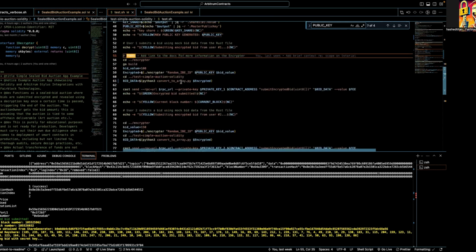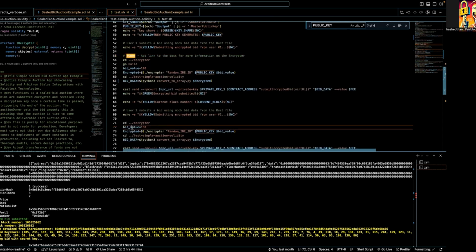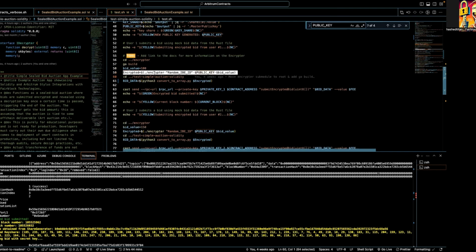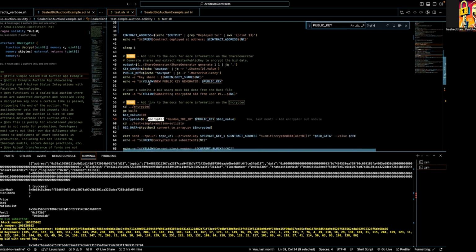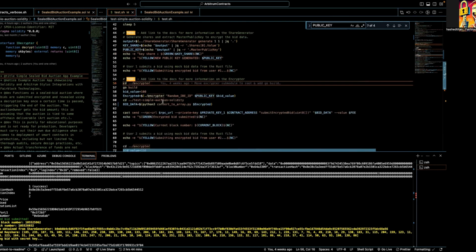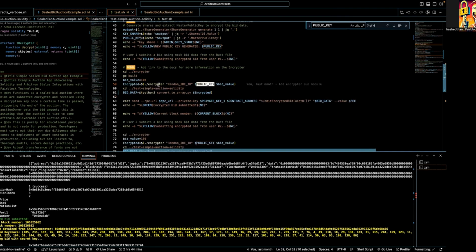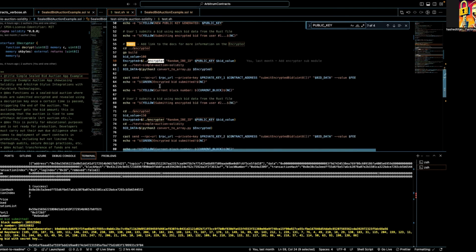Cool. So then from there, you can see bid values of 100 and 150. These are two separate bids. The encrypted transaction is prepared using the encryptor tool. And I forgot to mention that the encryptor tool, as well as the share generator, are all integrated with Fairyring. So it's not too far off on the transaction flow, but it is still off. You wouldn't just be pulling these random variables out of the encryptor tool or whatever. You'd be using Fairyport and communicating with Fairyring. But again, moving along with this tutorial,